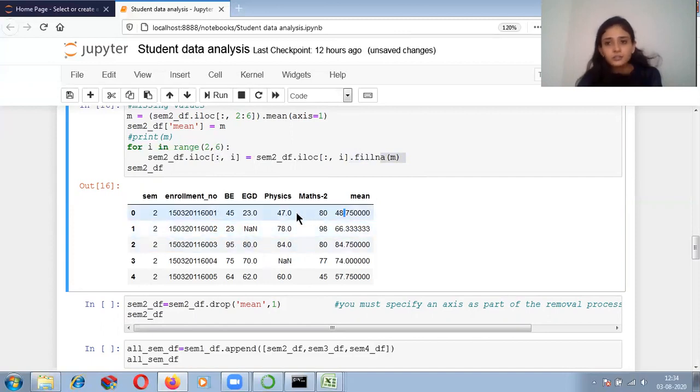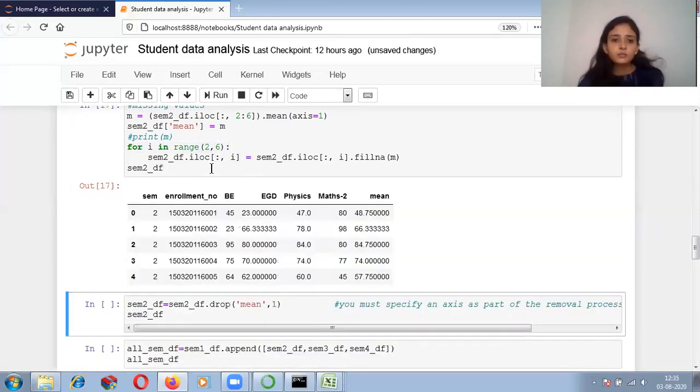But here there is no missing value present. Over here the missing value is there. So for all the rows, now my index position is 3. So it will fill the missing value with this particular value, that is 66.33. So like this my whole loop will run. It will take all the rows turn by turn from 0, 1, 2, 3, 4. And for taking the column turn by turn, I have used this for loop.